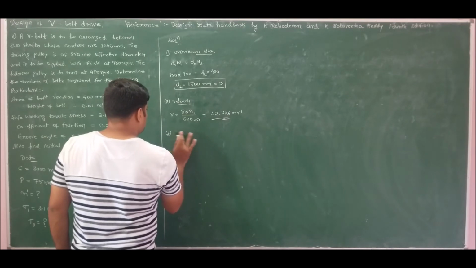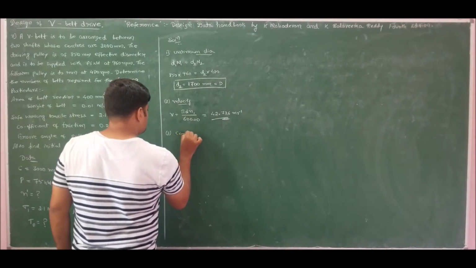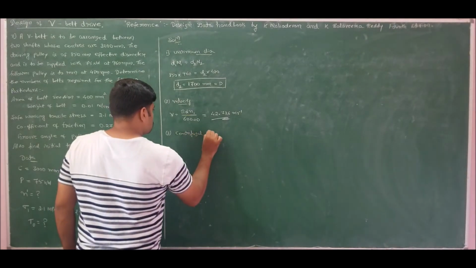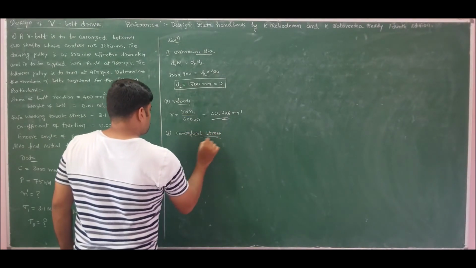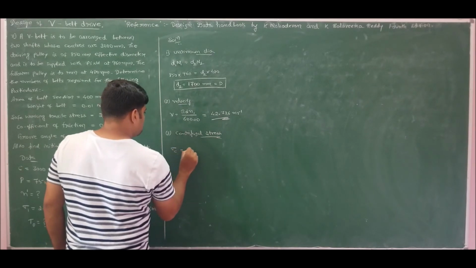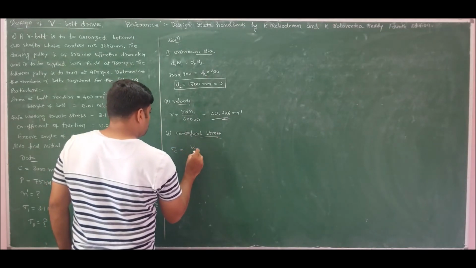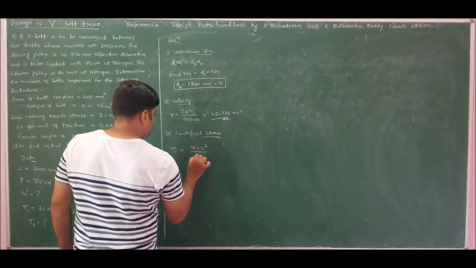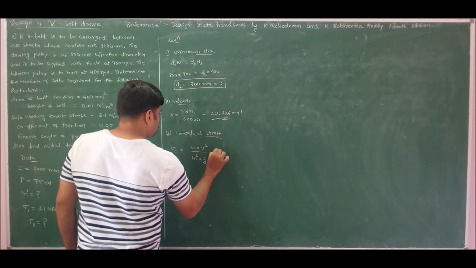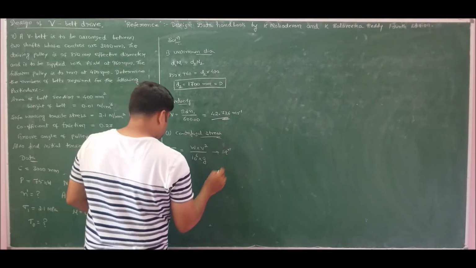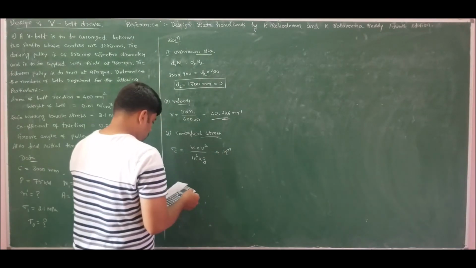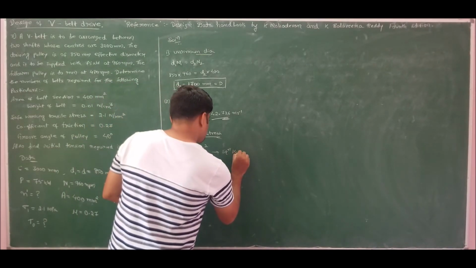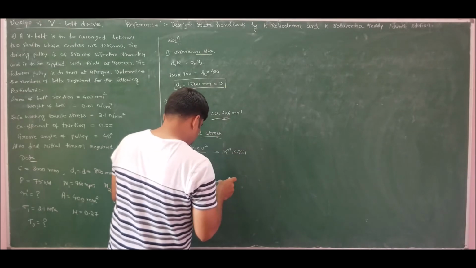or rather, let me find out the value of centrifugal stress. We know that centrifugal stress sigma c is equal to W into V square divided by 10 to the power of 6 into G. This is equation 14.3F, referring to page 291.